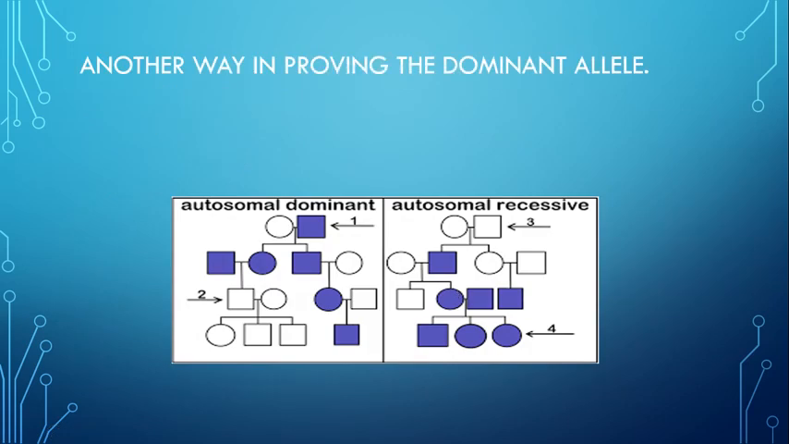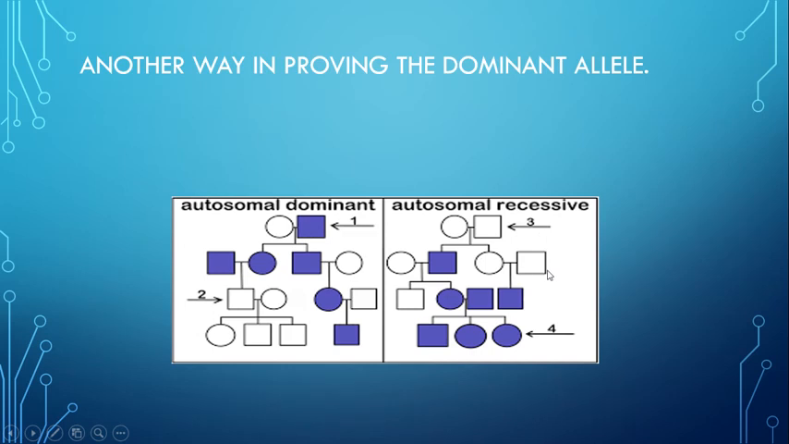Another way of proving the dominant allele. I've chosen this pedigree because it shows us an autosomal dominant trait and another one showing an autosomal recessive trait. As I've told you before, the easiest way is to search for two members that are not affected having an affected child, to tell that the diseased allele in this pedigree is masked by the normal allele, which means that the normal allele dominates